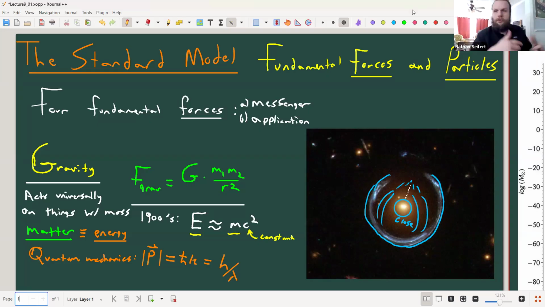scales. We're talking about things that are billions of light years apart. The thing that is lensing here is very, very far away. I think the yellow thing might be already 5 billion light years away, and the thing behind it is even further away. This is a very early picture of the very early universe, regardless.